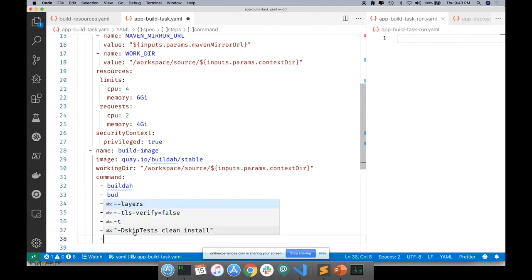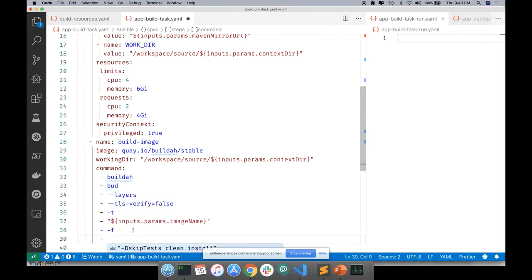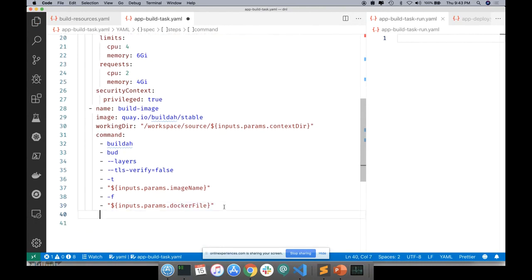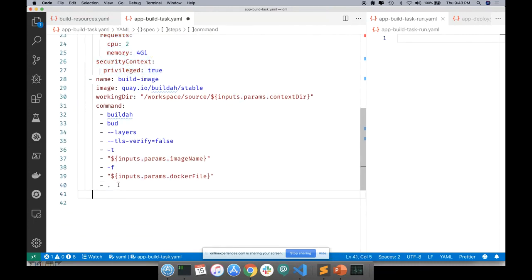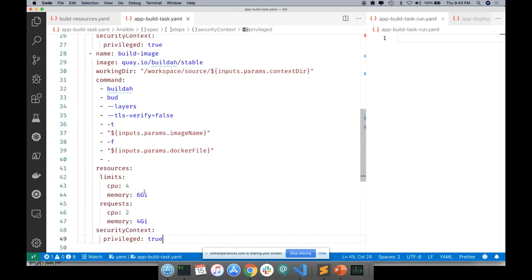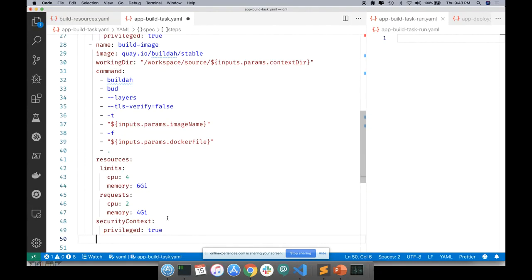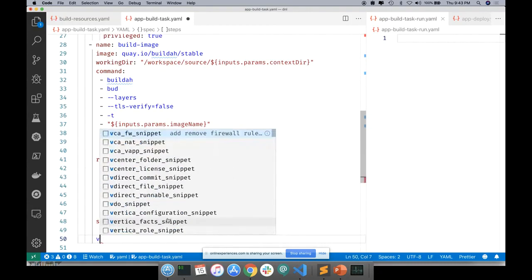Once I have this, then I need to give it a Dockerfile to build. Obviously, since most of the time we use Dockerfile for easy container image building, I'm just going to call it the same name as Dockerfile. I have the Dockerfile, and then I need to give it the context, obviously. I'm just going to give the context. And let me grab, I'm going to give the similar resource to this as well, just to make sure that it's faster and quicker. And the last but not the least, I also need to give a volume mount here,